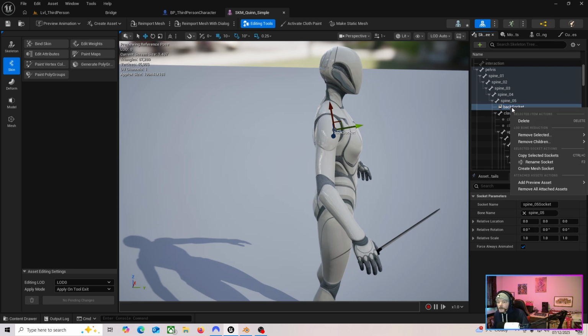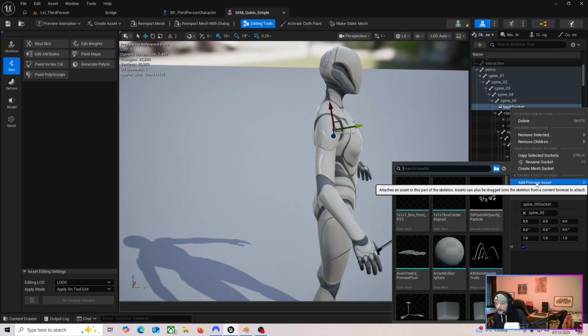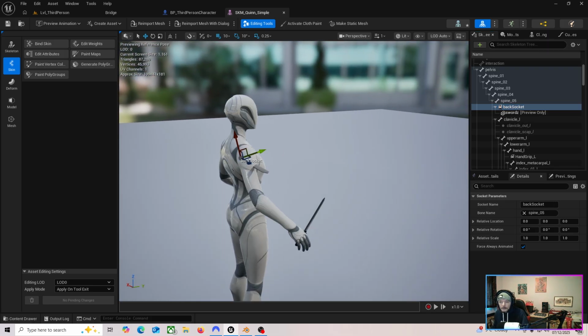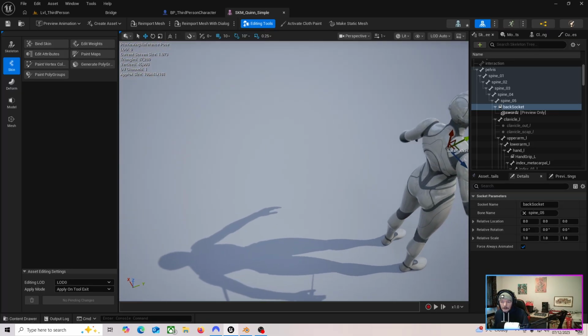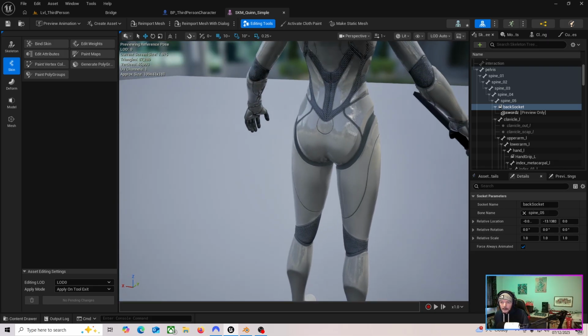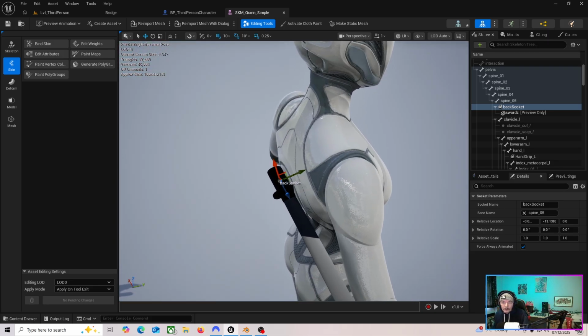Right? And then do the same. Right click, add preview asset, sword. See, now the sword has come attached to the back socket. Drag that back. The good thing about making sockets is you can move them around and it's not affecting